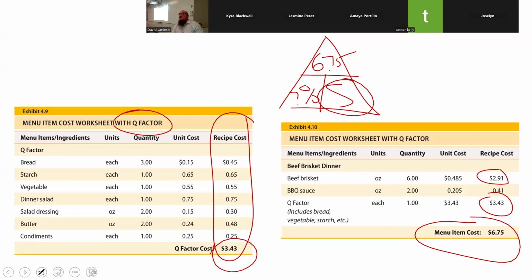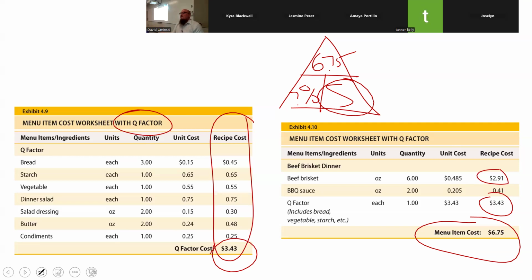Okay. So whatever's our most expensive cost is what we should include in our Q factor. So then every time I sell potato salad, I'm gonna make a little bit more money, right? Because I'm building my cost based on mac and cheese. I'm doing my cost for my vegetables based on green beans, or maybe I'm doing like collard greens, which are not necessarily more expensive, but they take a lot longer to make than corn on the cob or things like that, right?